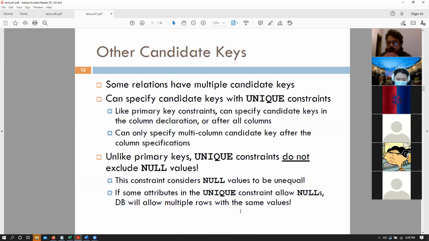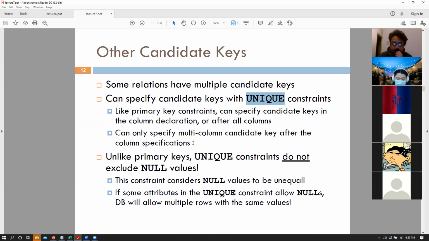So that was the not null constraint. Another constraint that we can have is the unique constraint. So unique constraint is a way to specify candidate keys in a table. If you remember, candidate keys were candidate keys for primary keys, right? They have to be unique and they have to have the unique values. So we can specify candidate keys in our tables as well by just using the unique constraint next to that particular attribute. And that makes that particular attribute a candidate key.